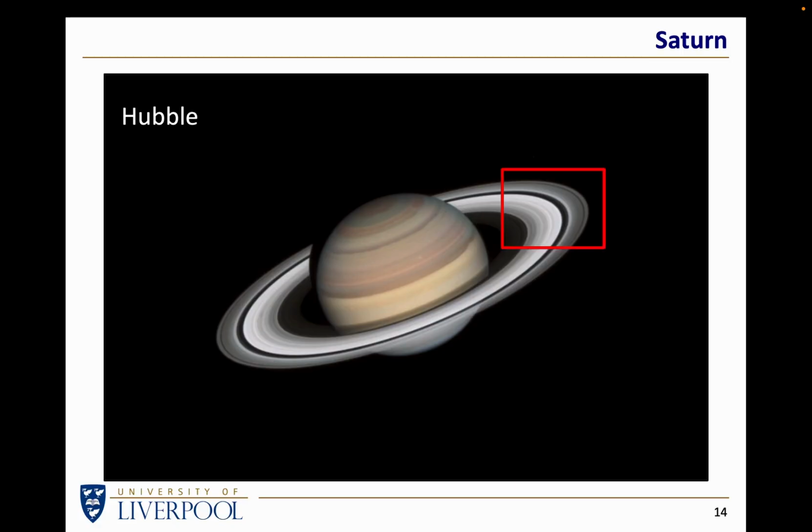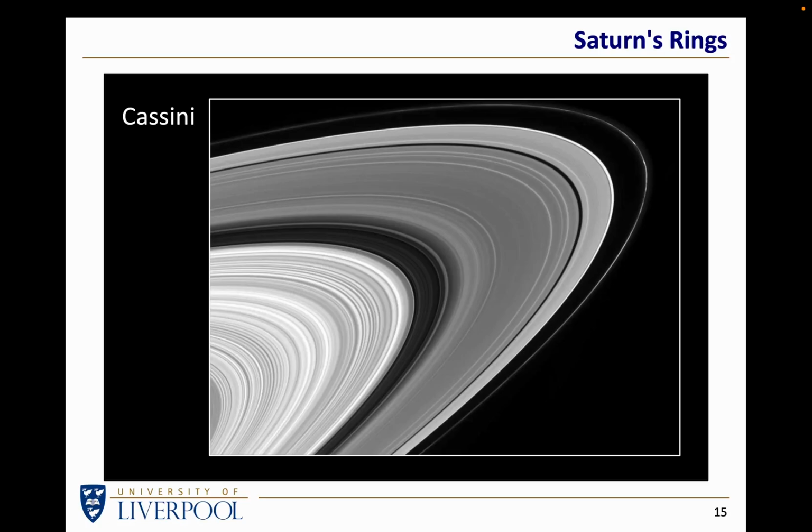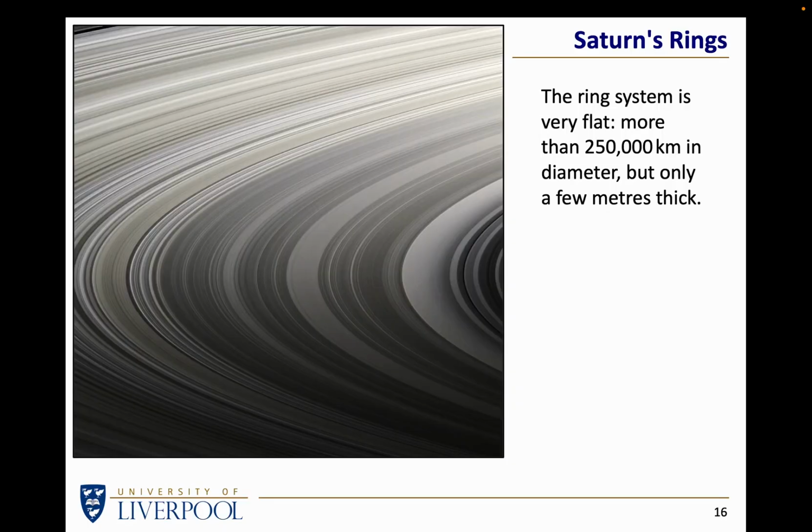But if we look in even more detail, because spacecraft simply are much closer, they will of course see much more detail. So when we look at the detail that Cassini sees from a relatively short distance away, we see a phenomenal amount of detail in the ring system, and we see things that we might not have seen from Earth. It looks more like a long playing record, for those that remember long playing records, than it does a ring system. We can't resolve it here, but what we're looking at is trillions of tiny ice particles, all independently